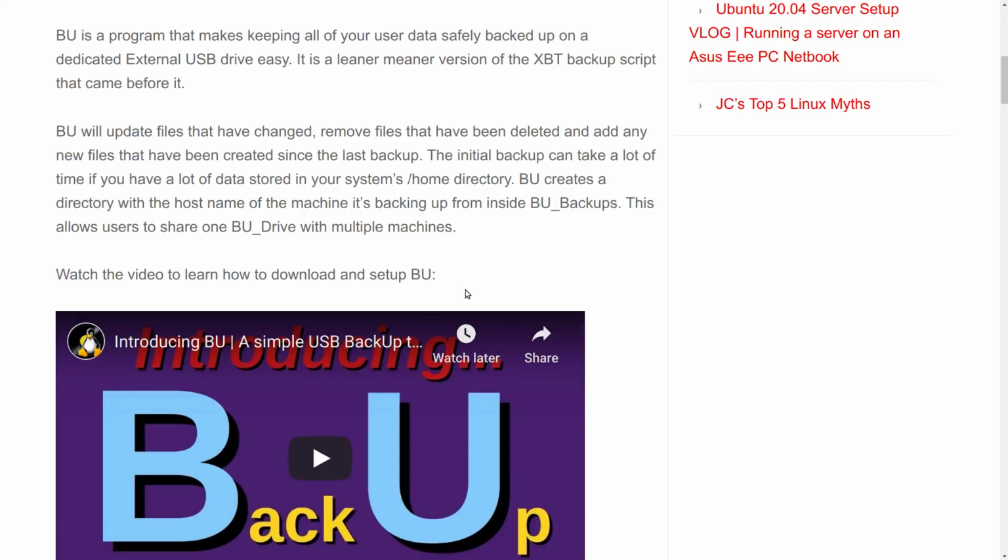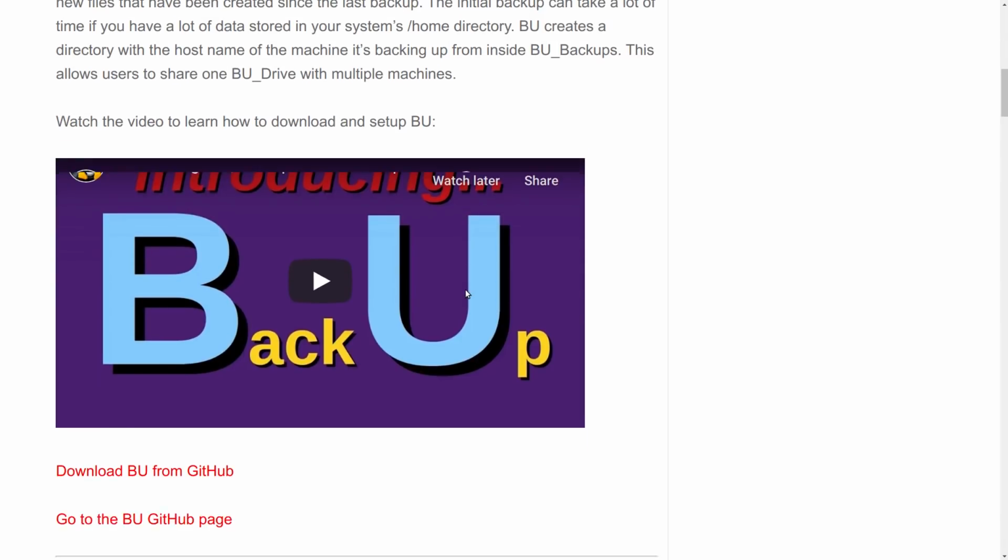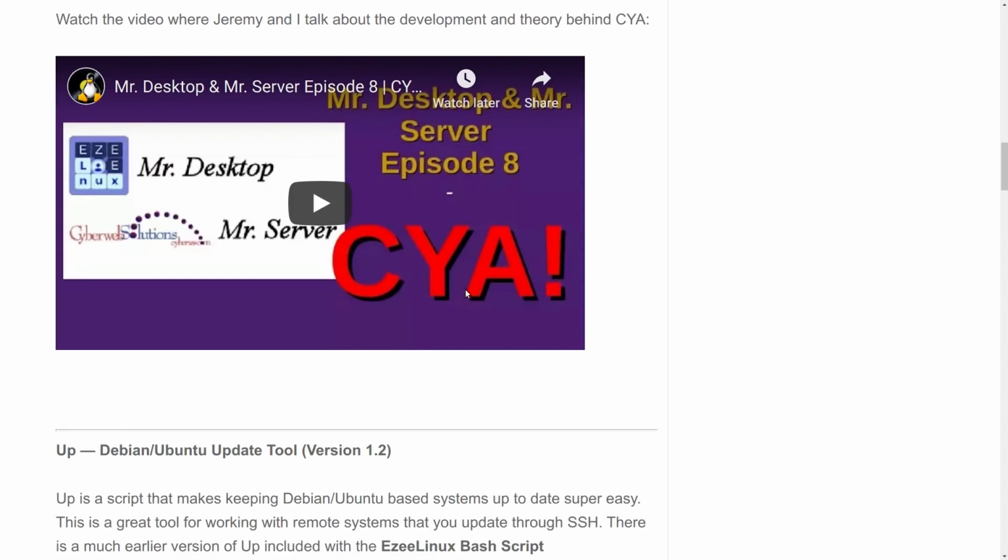So, let us go over here and look at the next thing on the page, which is CYA. I'm not going to be getting into this one. This was a project that I helped Jeremy O'Connell from CyberWeb Solutions do. CYA is a different kind of program. What it does is it creates snapshots of operating system folders to allow you to restore back to a former state. And it has rolling snapshots where, if your computer messes up and you want to put it back to Tuesday, you can.